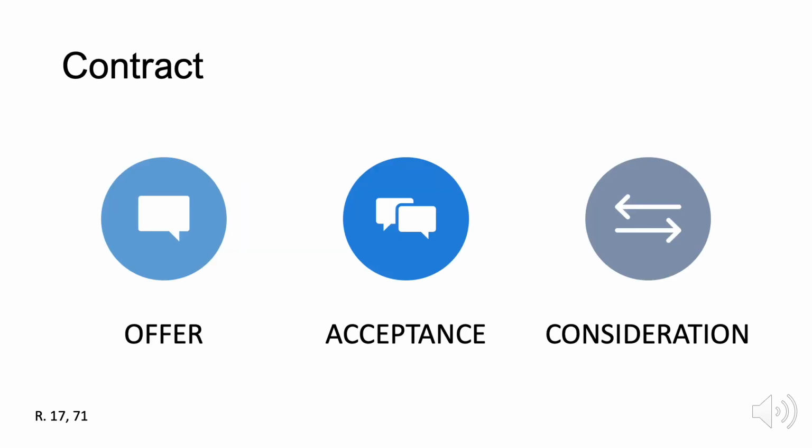As I mentioned, an option contract is a contract, and all contracts require three things: offer, acceptance, and consideration. Option contracts require these things too. So a bare promise to keep an option open for 30 days that is not supported by consideration is not an option contract. Please see my other videos on offer, acceptance, and consideration to better understand these terms as they apply to contracts in general.